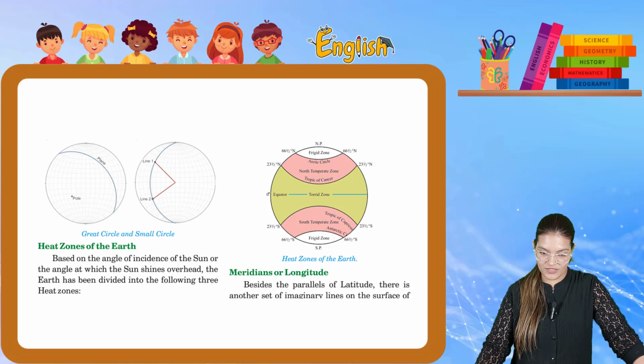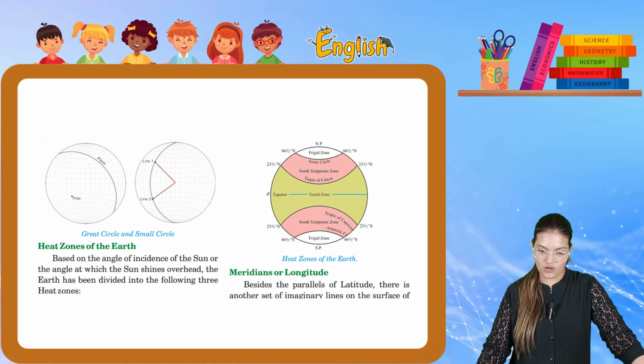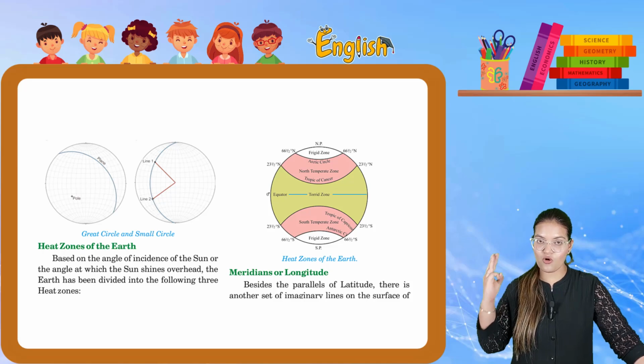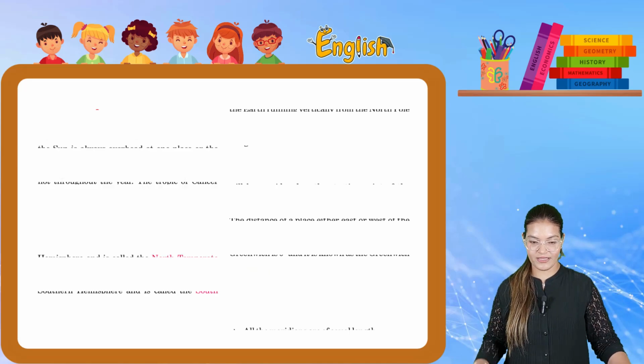Heat zones of the earth. Next है heat zones of the earth. Based on the angle of incidence of the sun, or the angle at which the sun shines overhead, the earth has been divided into the following 3 heat zones. ठीक है. अर्थ को 3 parts में divide किया गया है. ठीक है. First is